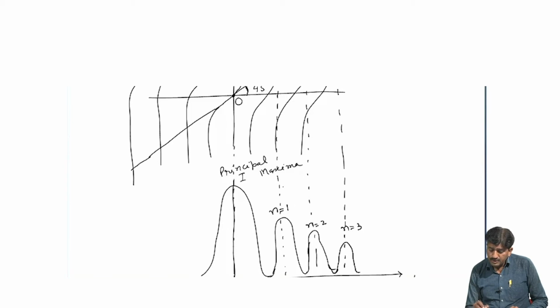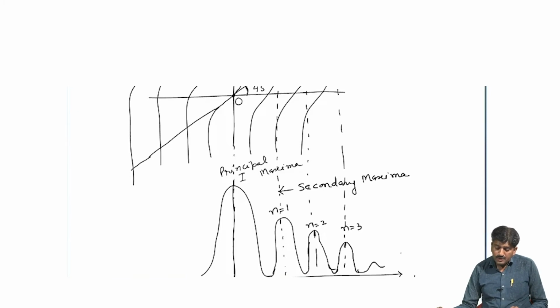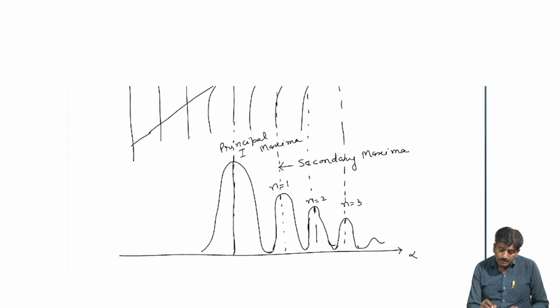From this place, these all are secondary maxima: first order, second order, and this is third order, and so on. Similarly, on the left side,